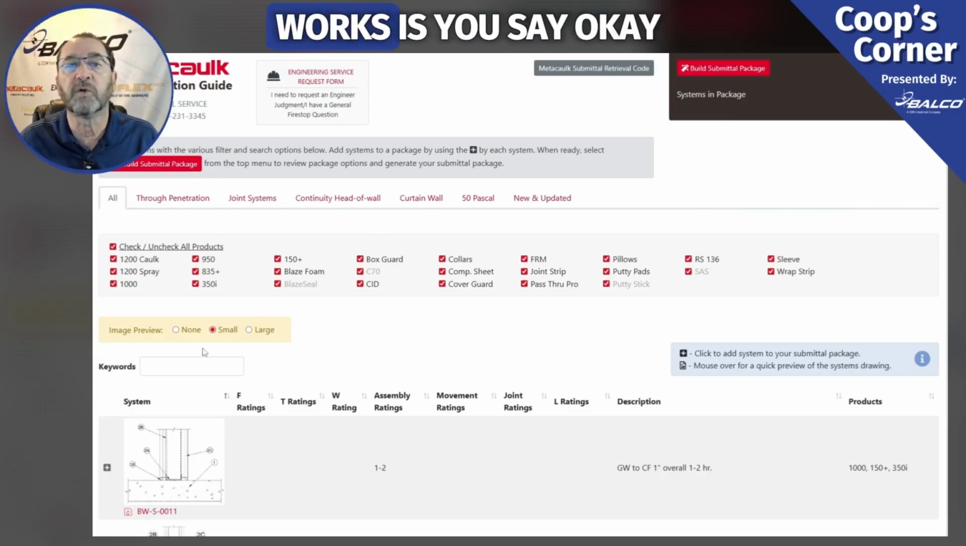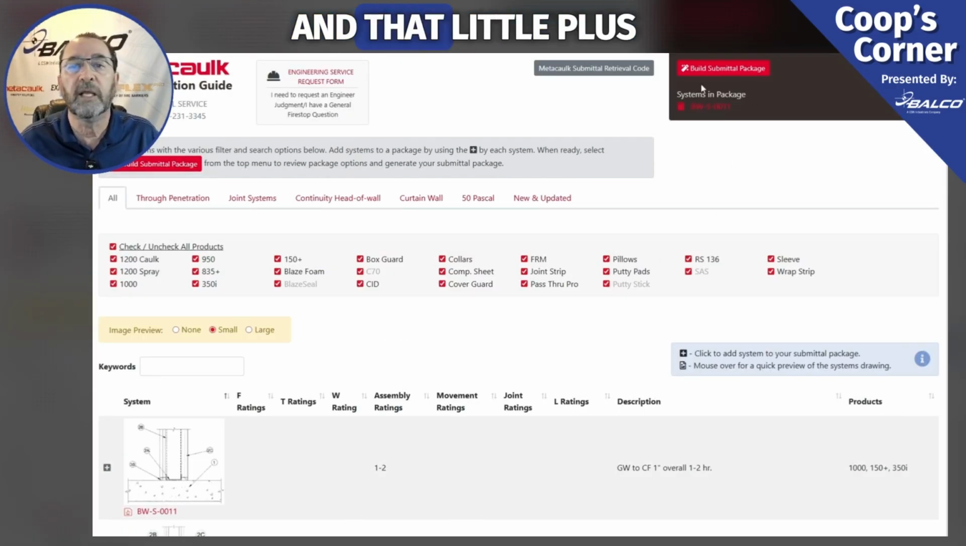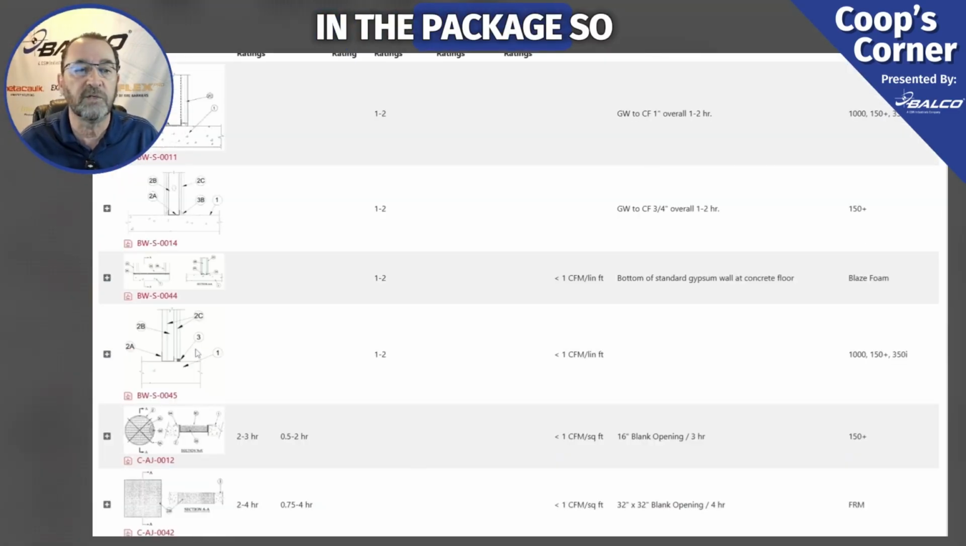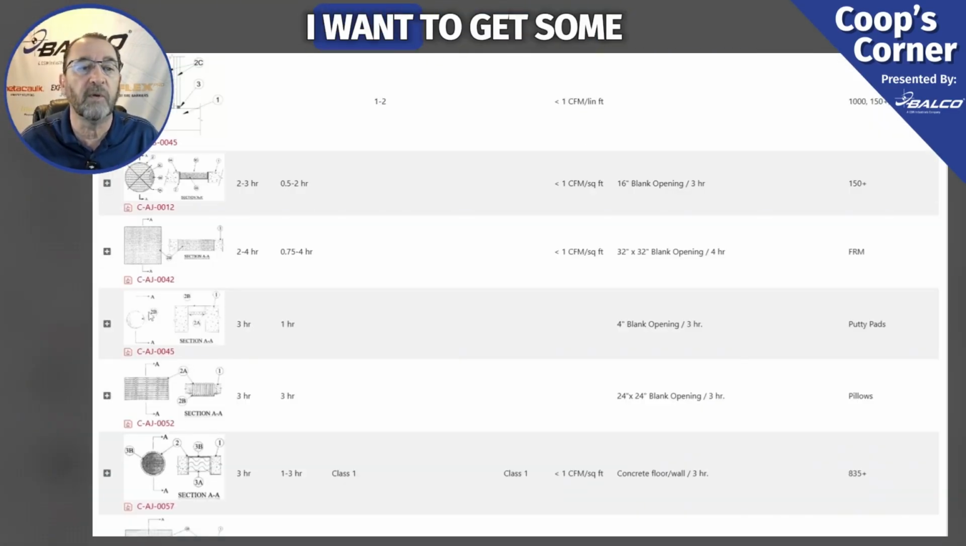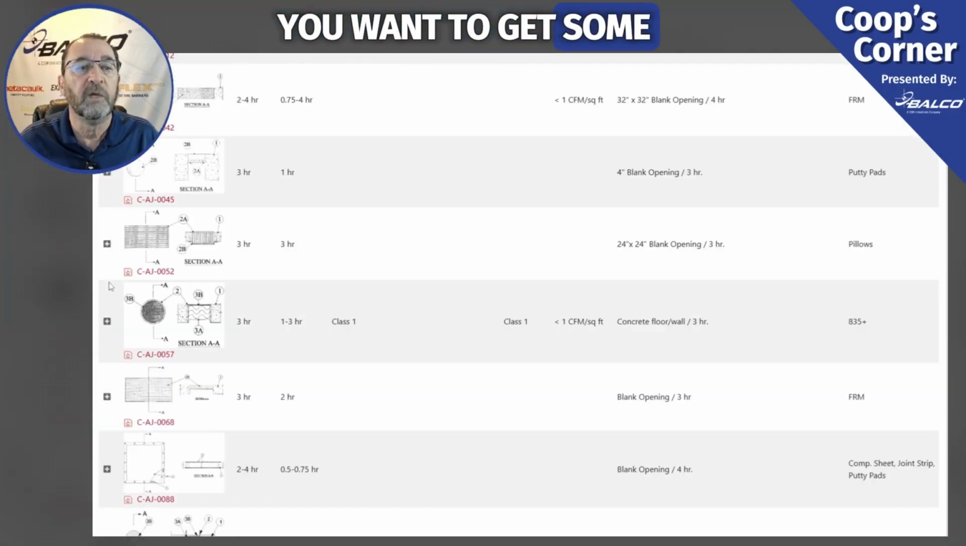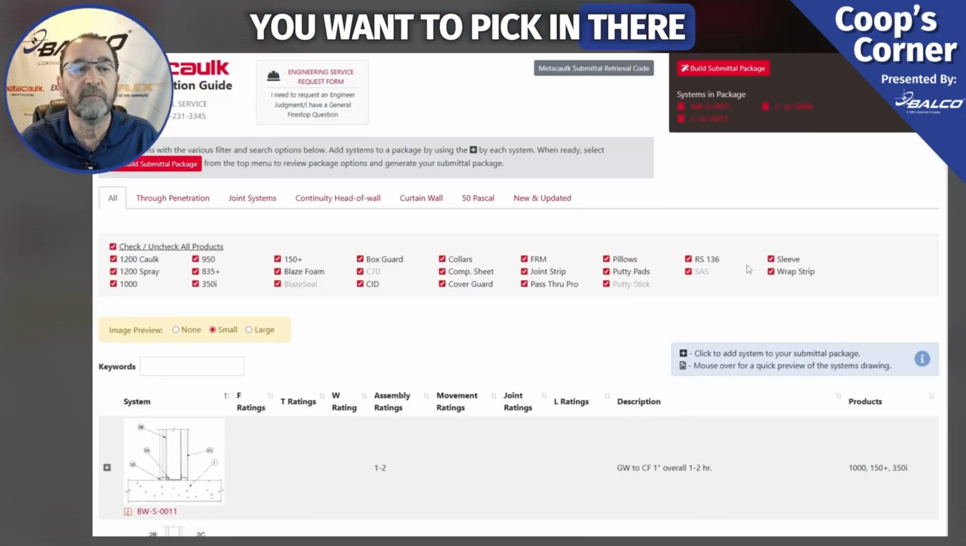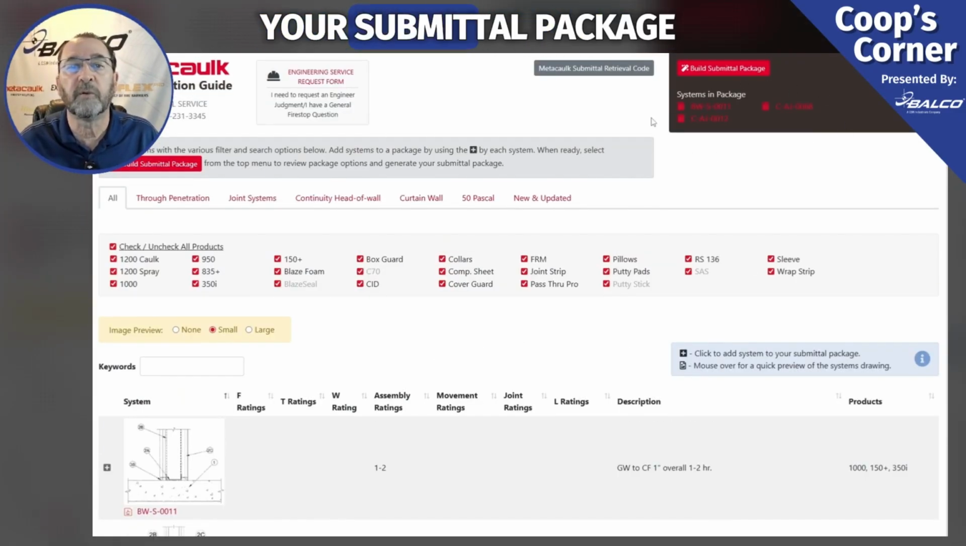But the way this works is you say, okay, I'm going to build a submittal, and here are the products that I want to add. So all you do is hit that little plus sign in there, and that little plus sign adds that listing up there in the package. So then you can say, well, okay, by the way, I want to get some head of wall applications, or you want to get some floor joints, just whatever you want to pick in there. And you go up here and you build your submittal package,